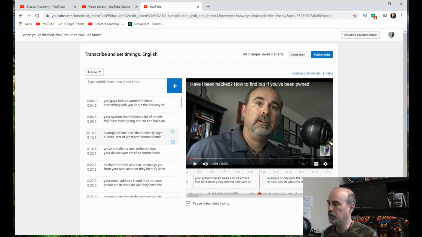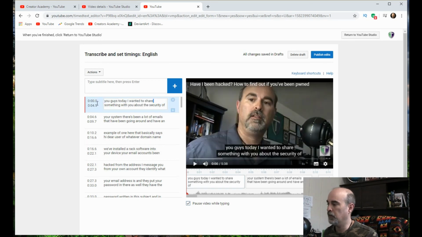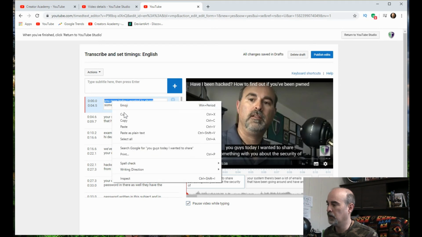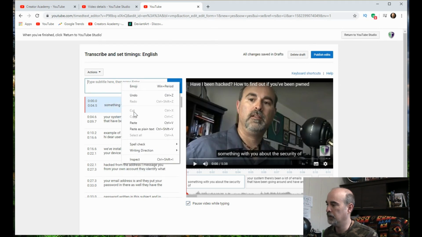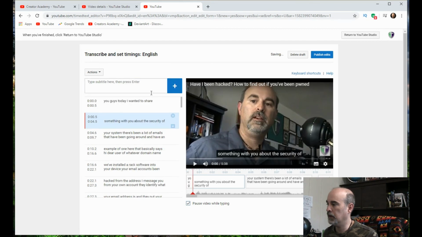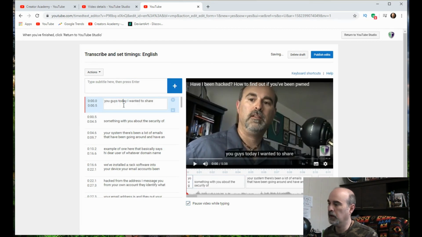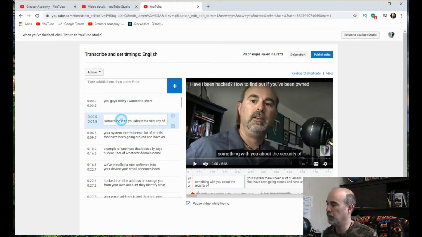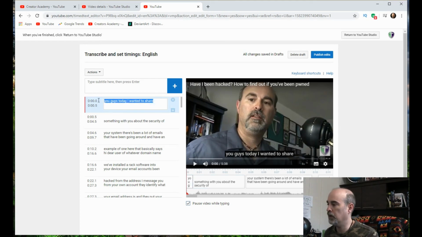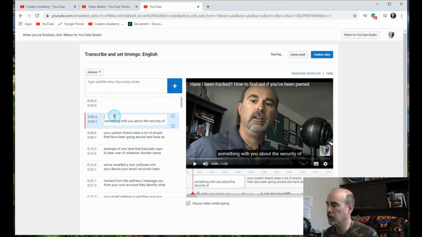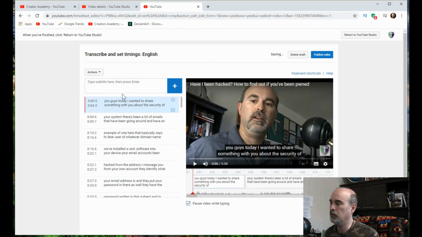And of course, making some separate, or combining two if they're short, you can just grab part of the text here, cut that out of there, paste it in here and add that. So now it's got that one as its own separate caption that comes up before the next one. So we've now separated them. If you want to undo that, of course, just grab that, cut it, paste it back over here, and now we can delete that empty one.